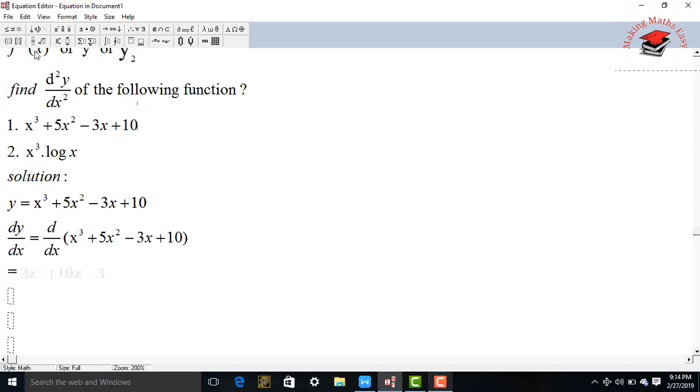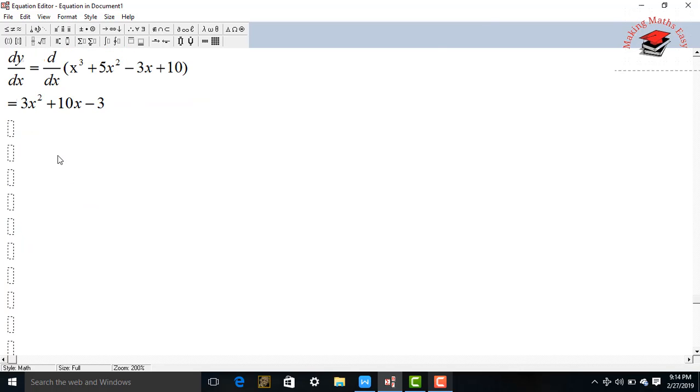Finding dy by dx is quite simple, which is 3x square plus 10x minus 3. The derivative of 5x square is 5 into 2x, which is 10x, and the derivative of x is equal to 1. So with respect to x, 3x square plus 10x minus 3 will be the derivative or dy by dx of the corresponding function. Now we will find the double order derivative or second order derivative of the corresponding function,